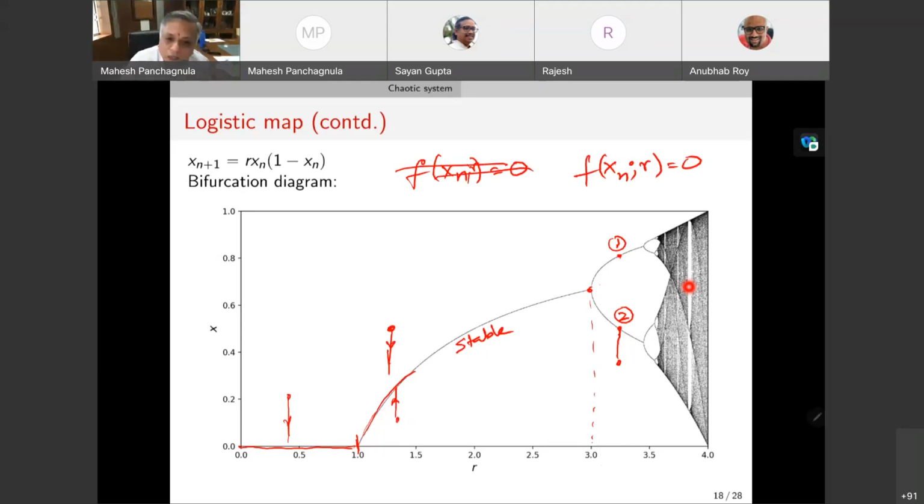Now beyond R equal to 3, this solution branch does not disappear. It cannot disappear, right? Because by parameter continuity, if I have a solution that was present for R slightly less than 3, it simply cannot disappear for R greater than 3. So in this case, at least, you can show that it does not disappear. You can have a case where it becomes complex from being a real solution to a complex solution. But in this case, there is actually a real solution. And that real solution branch will continue for R greater than 3 also, except it is unstable.